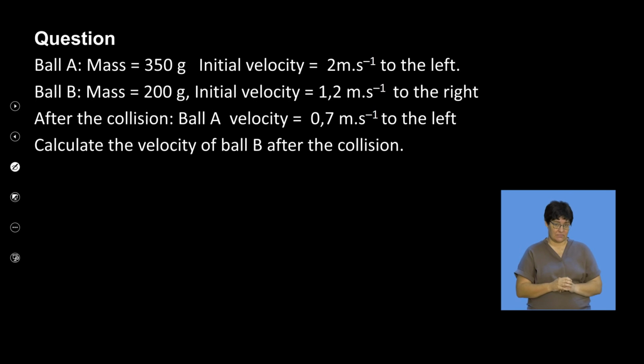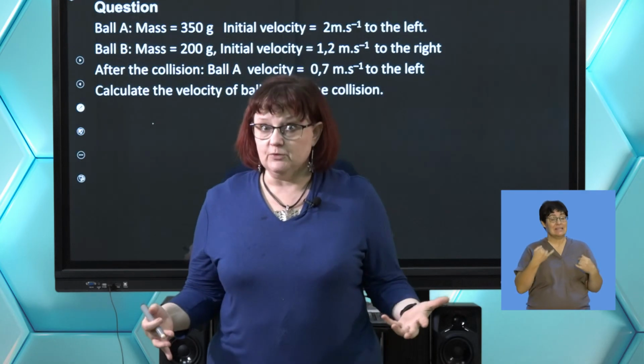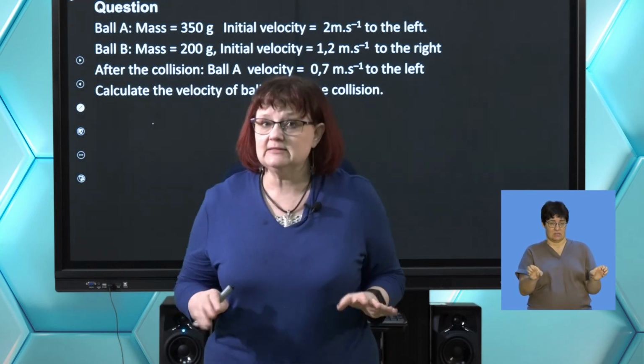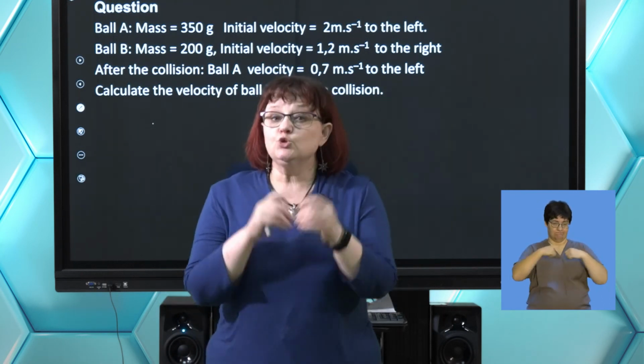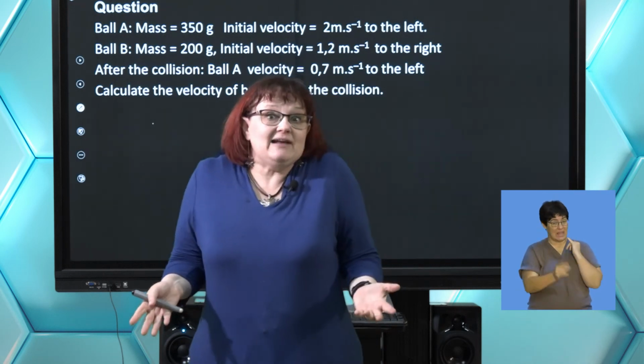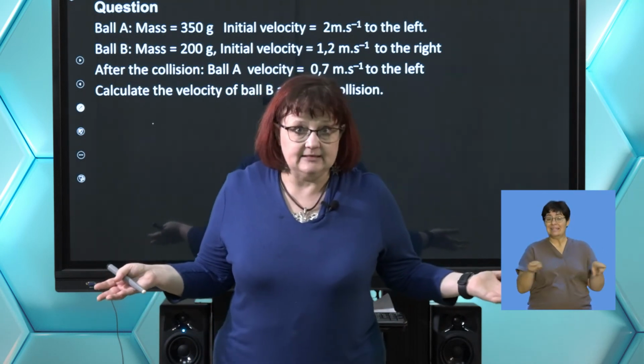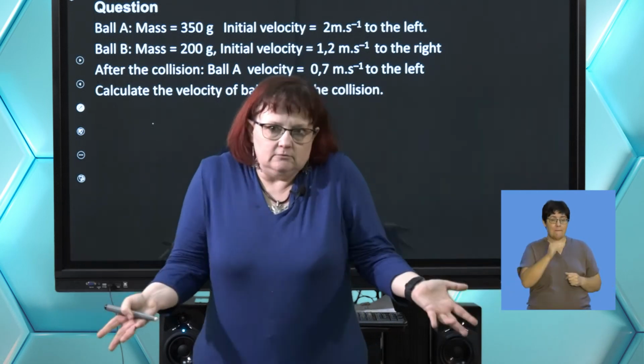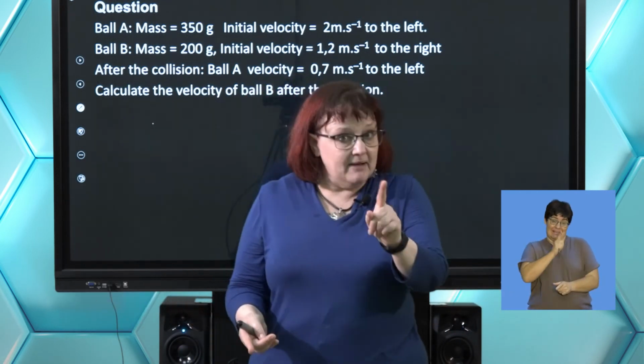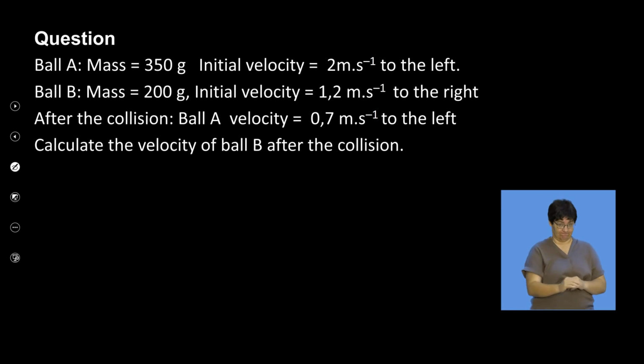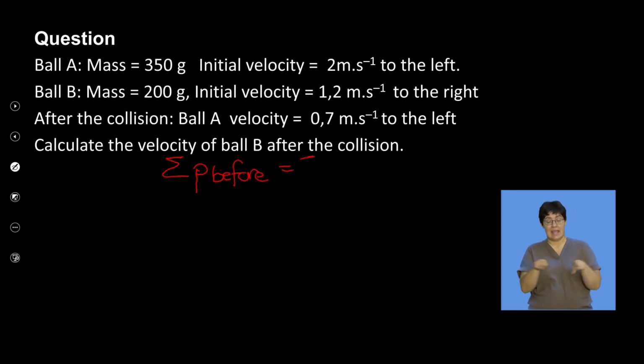My 2 objects were separate at the beginning, and they are separate afterwards. They didn't say to us that they become one. So do not make that assumption. We might find out that they have the same velocity at the end. Then they became one. But they didn't tell us that. So don't make that assumption. So we have to start with the total momentum before is equal to my total momentum afterwards,